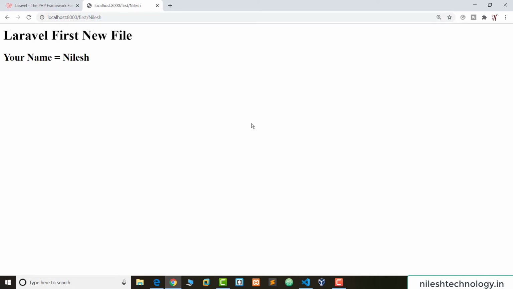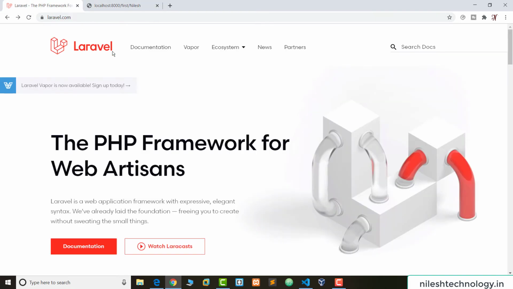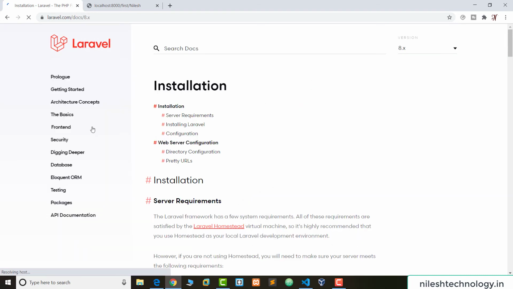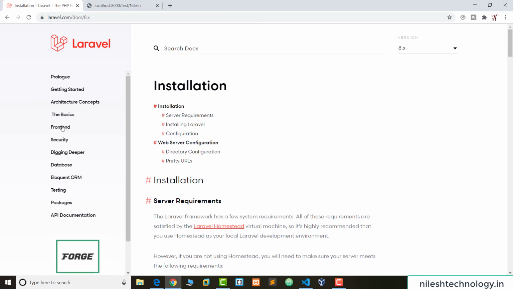So our next routing related concept is the anchor tag. So what is the anchor tag? Then see, this is the Laravel official website, laravel.com. When we go to this documentation link, see in this left panel there are many links here.